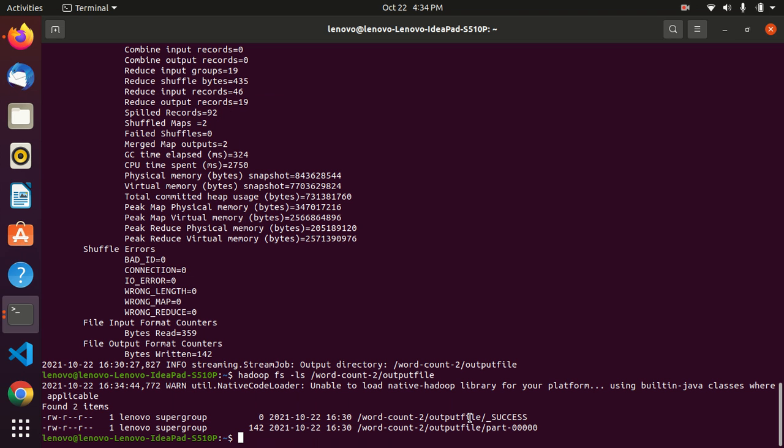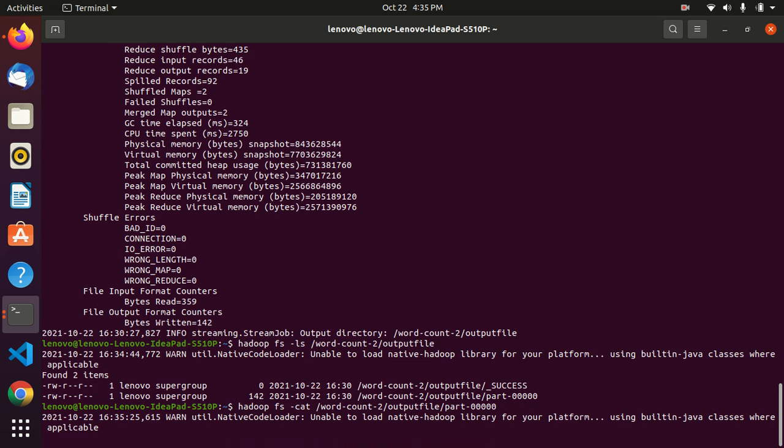So we have a success, that output file generation is successful, and the contents like part. So to get the output, we use hadoop fs -cat slash wordcount/2 slash in output file, and inside of part hyphen 5 zeros we will list the output.